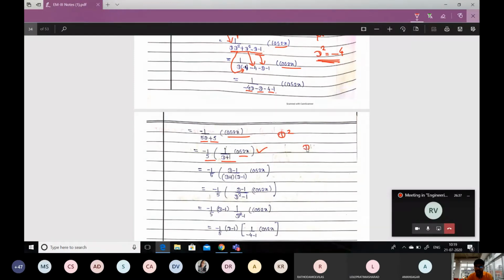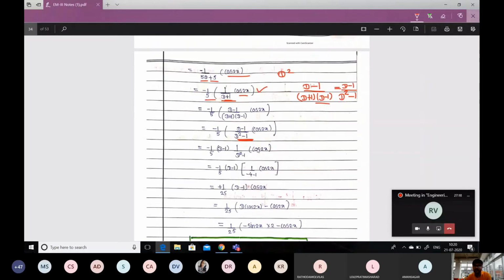So what I will do, just multiply by the conjugate of the denominator. So I'm multiplying by D minus 1 and dividing by D minus 1. Just multiply and divide by the conjugate of the denominator. So here we can see D plus 1 in the denominator. Its conjugate is what? D minus 1, and just multiplying and dividing. So we will get D minus 1, and in the denominator, just do the calculation. So we will get D square minus 1. Look at this step, we obtain D square minus 1 in the denominator. That is what we wanted.